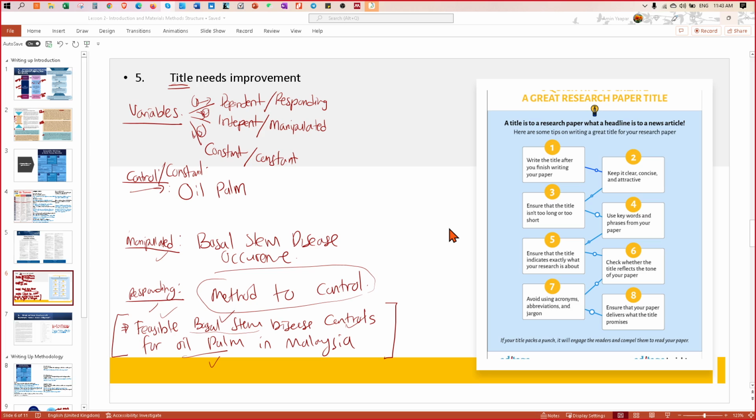Oh, okay. So your constant variable is alfalfa, and then your manipulated variable is that you are growing alfalfa either under a glass house or rain shelter or in the open field.